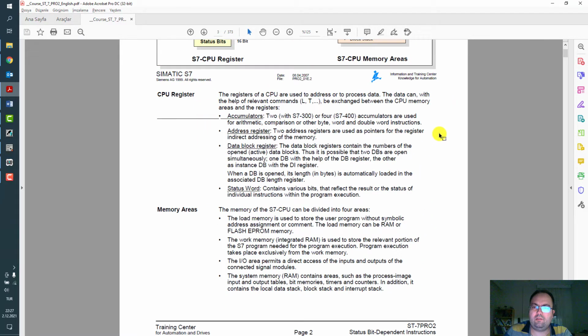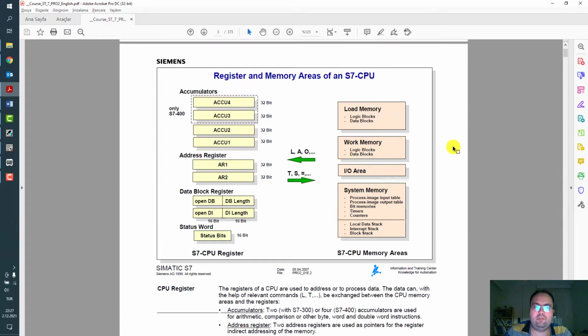As we mentioned in the last training, there are two accumulators for the Step 7 300 family and 4 accumulators for the Step 7 400 family.